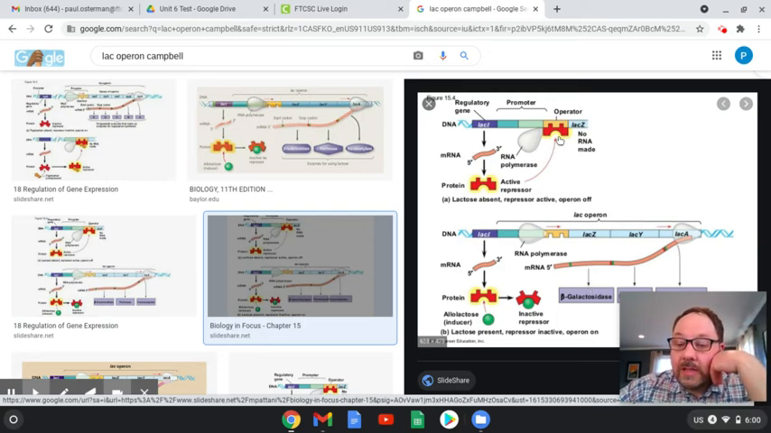Now, normally, this operon is switched off. So the repressor is active, it docks on the operator, and again, that blocks RNA polymerase, which makes sense because E. coli normally don't need to make enzymes to break down lactose because E. coli don't make lactose. But if you consume a meal that has dairy in it, some of that lactose or